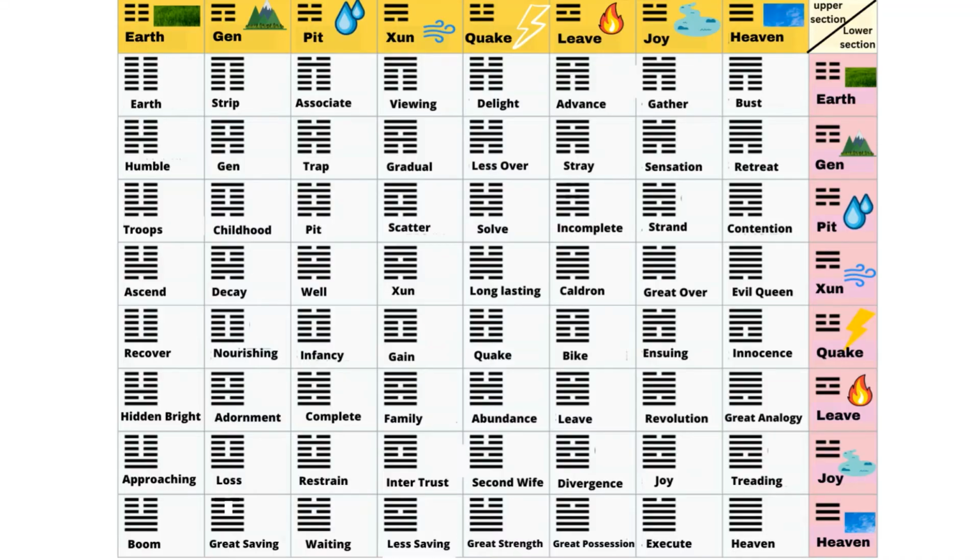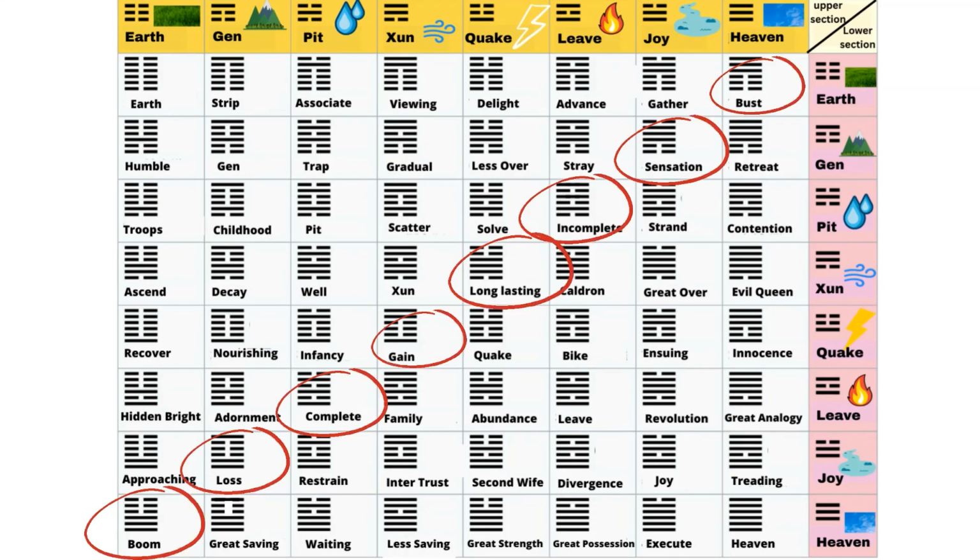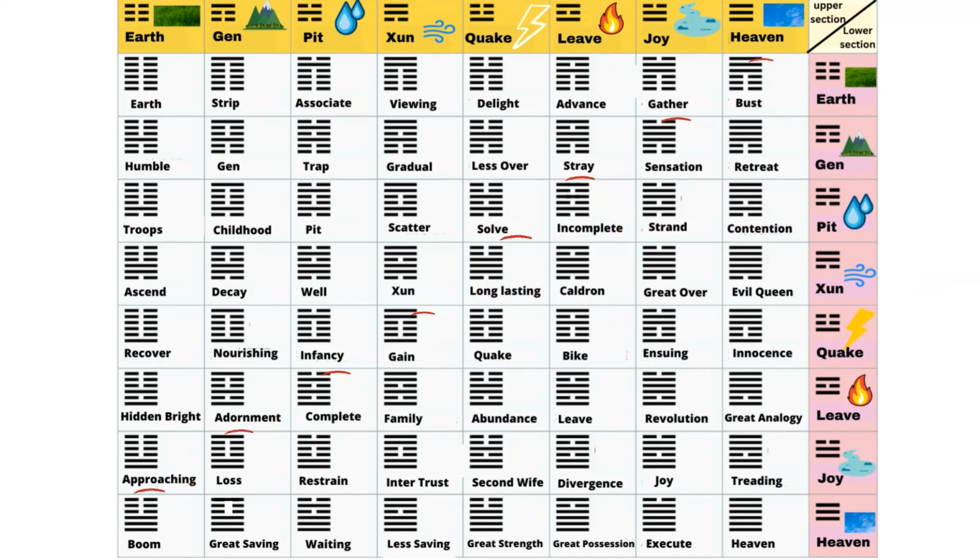These tables give us a clear guide for searching the relevant hexagrams. The top row are the 8 primary trigrams for the upper section of the hexagram, while the right column are the 8 primary trigrams for the lower section of the hexagram. These are the hexagrams that this video has covered. They form a diagonal line. Don't you think it contains some implications?